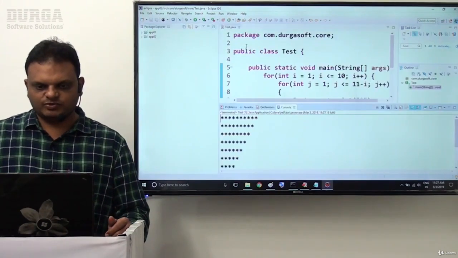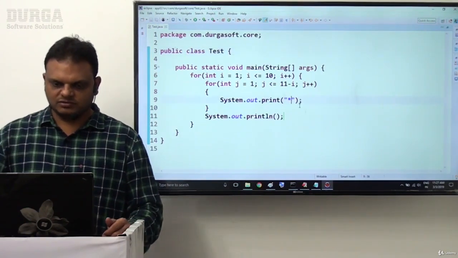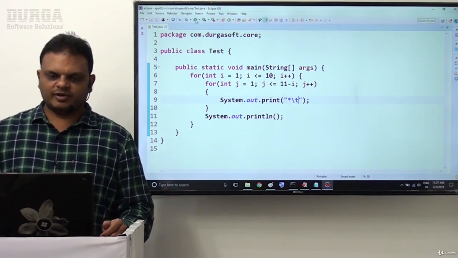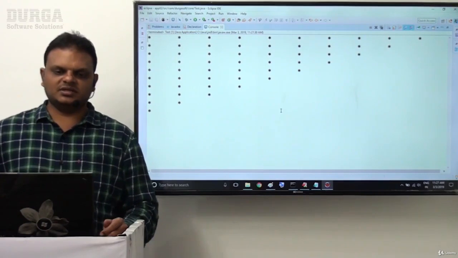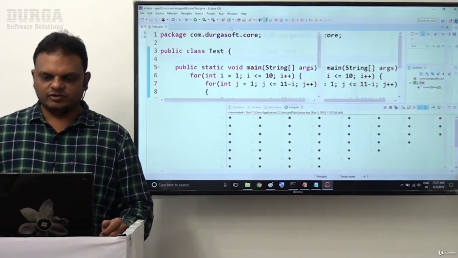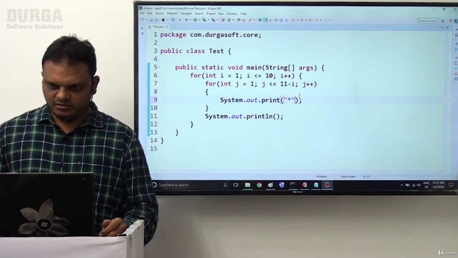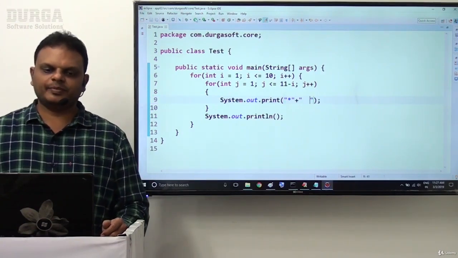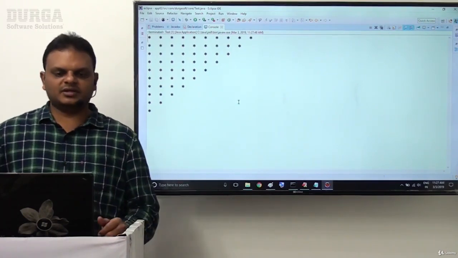And if you want to provide some spaces here, we can use directly backslash t, a tab space. Now we are able to get output like this. That's it. This is exactly the reverse form we are getting. Or else, if you don't want that many spaces, I just want to provide plus two spaces here. That's okay. Now exactly the example we are getting. This is about our pattern clearly now.